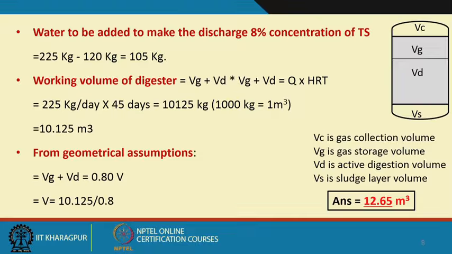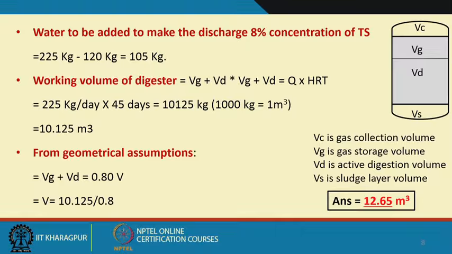Now, we are interested in calculating the working volume, which is equivalent to the active digestion volume Vd plus Vg, that is the gas storage volume. This is equivalent to the flow into the hydraulic retention time. So, the flow Q is equal to 225 kg per day, and the hydraulic retention time is provided to be 45 days. Multiplying this, we will get 10,125 kg, and when we convert it into cubic meters, 1000 kg is equivalent to 1 meter cube, which is equivalent to